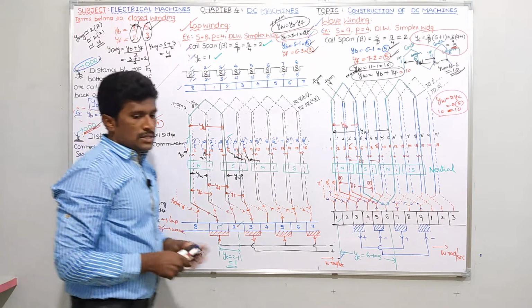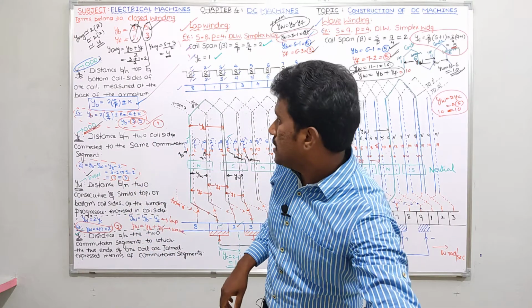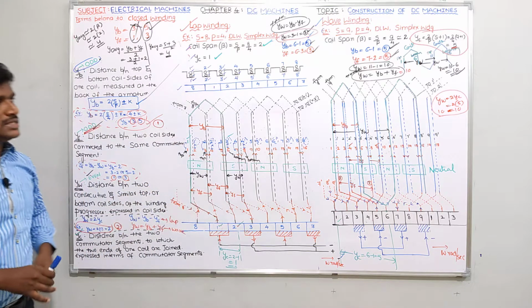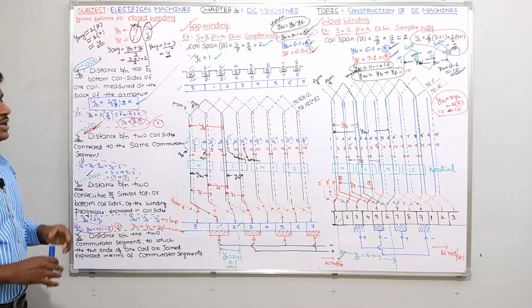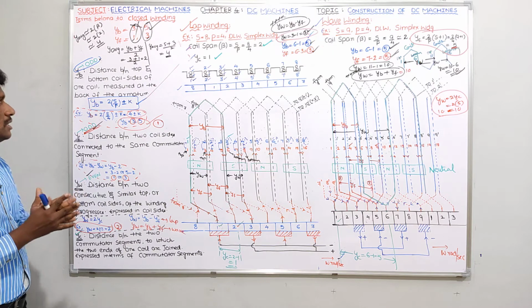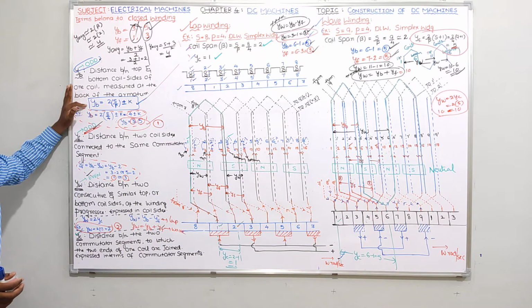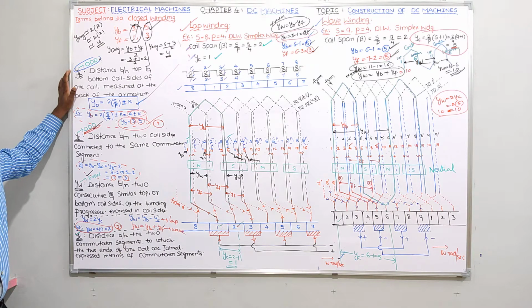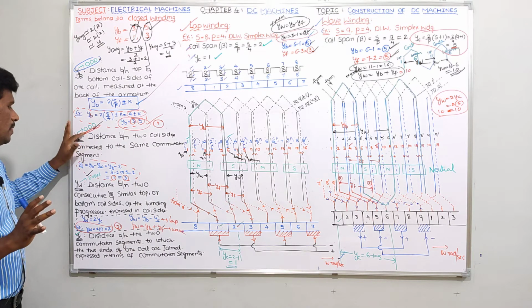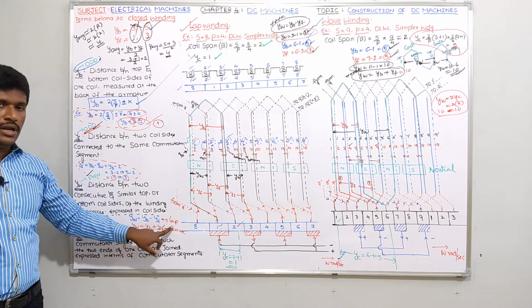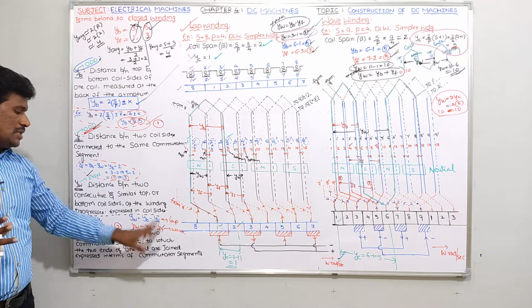Okay. Now see guys, in this entire discussion, the important things are what you should remember. Definition is not important for you, because from a designing point of view they won't ask any questions. But in competitive examinations, they may ask you the formula. YB is how much? 2 into S by P plus or minus 1. Plus is for progressive winding, minus for retrogressive winding. YB should be an odd number, and YF should be an odd number. Okay. So the YR value formula is YB minus YF for lap winding, whereas for wave winding it is YB plus YF.